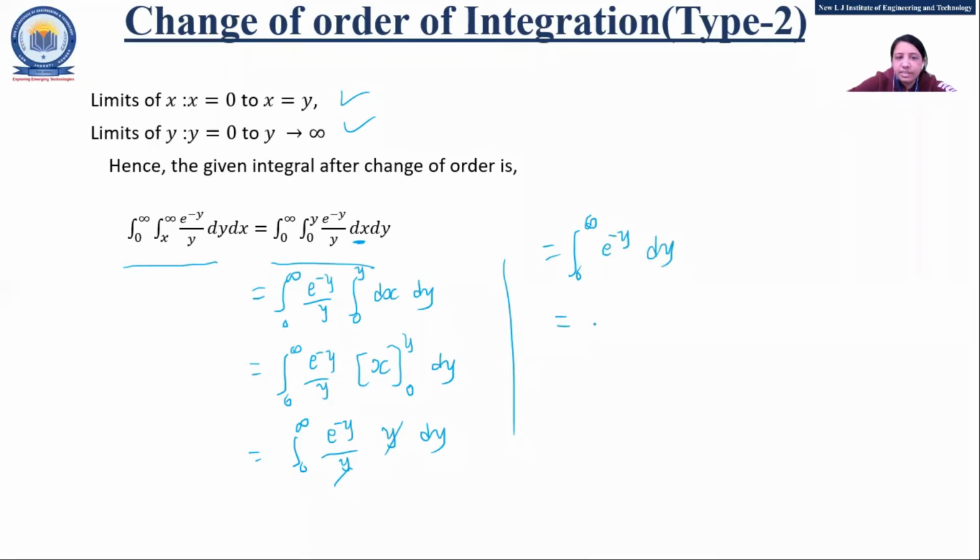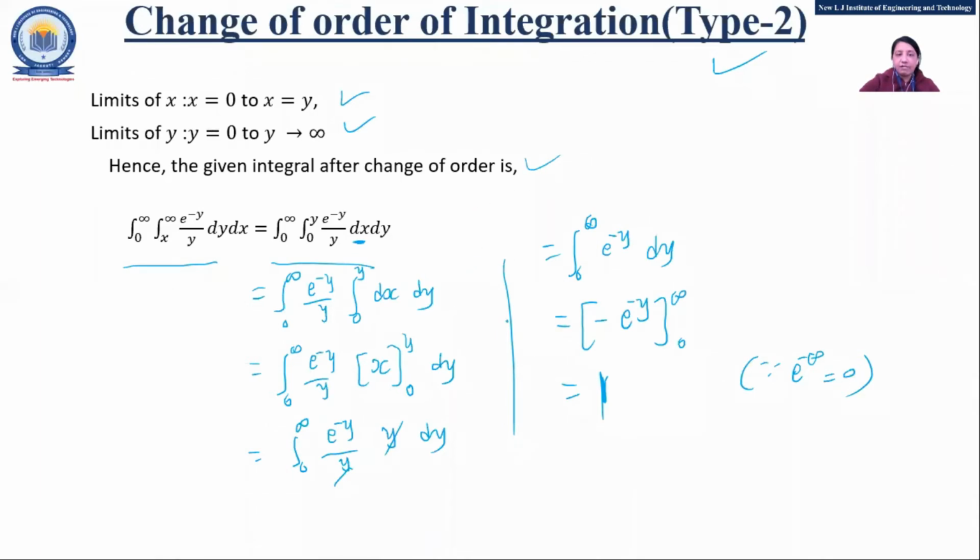So it will be easy. See, the integral of e raised to minus y, compare it with e raised to x, is minus e raised to minus y, right? 0 to infinity is the limit. So if you apply this limit, your answer is supposed to be 1. Just e raised to minus infinity is 0, right? And e raised to minus 0 is 1. Okay, so the evaluation is that of type 2. So you need to evaluate this also. Fine. Okay. Any doubt?